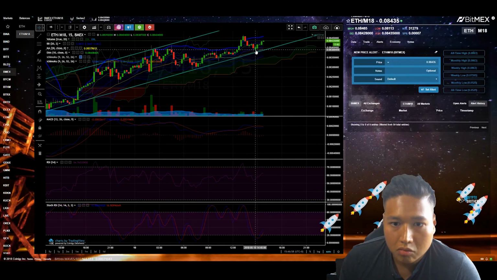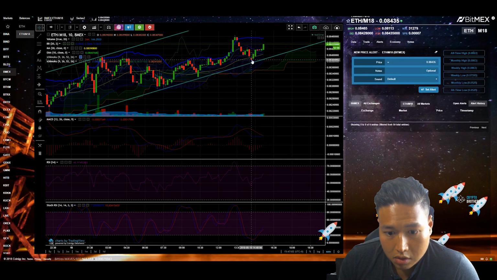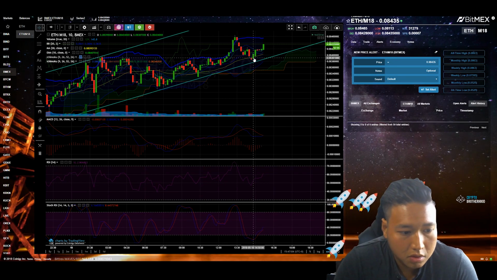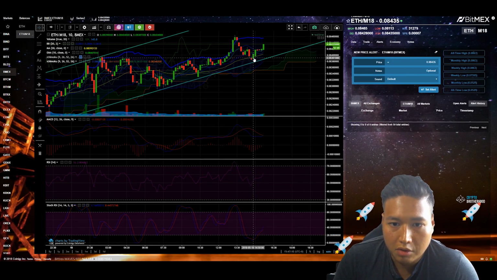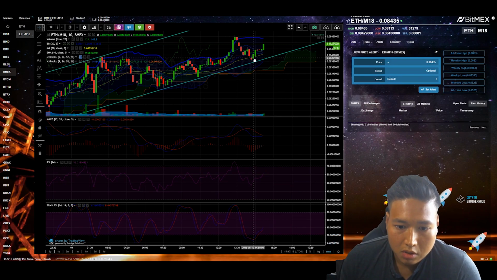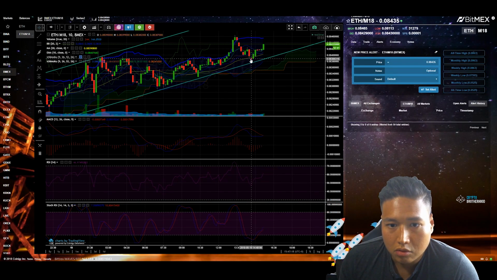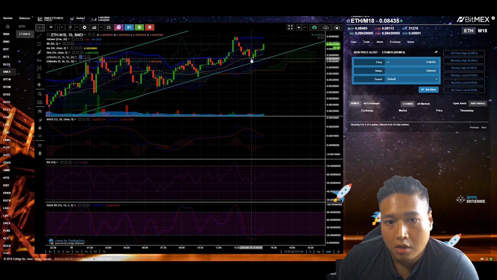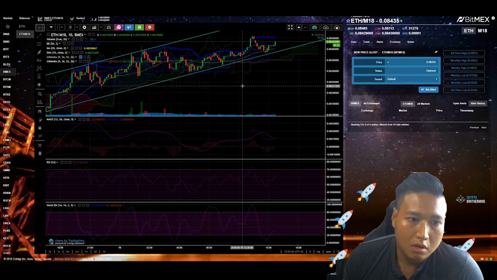And if you zoom in closer, you can see right about there the stochastic RSI did a crossover, the blue over the red, so that's a bullish indicator. And on the MACD you can see the histogram starting to turn around as well, so that's a good place to buy. Besides that, another thing you could do would be to use the Bollinger Band, which is this